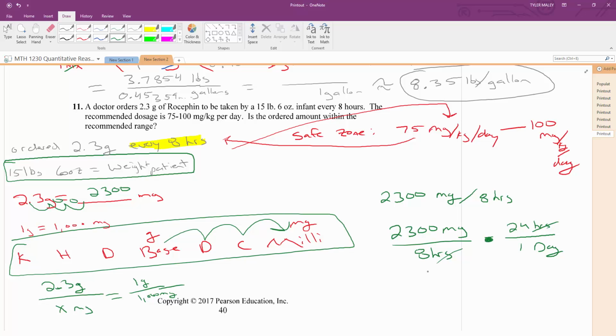That would start the new day. So you're taking it 3 times in one day. That's the same thing that this will do, because 24 divided by 8 is 3. So if we take 2,300 and multiply it by 3,